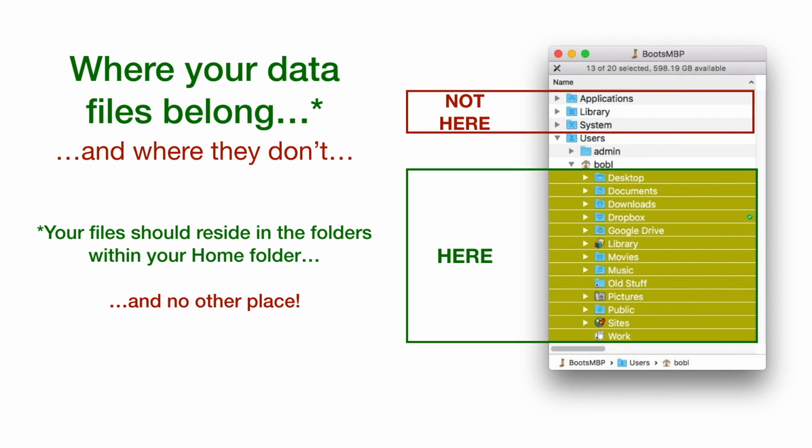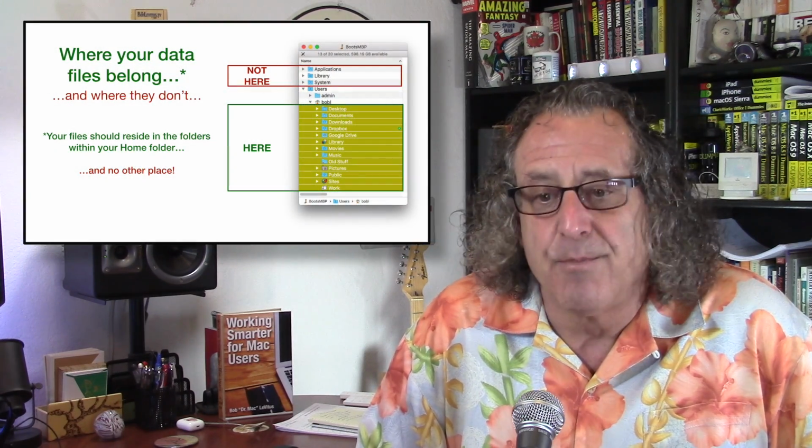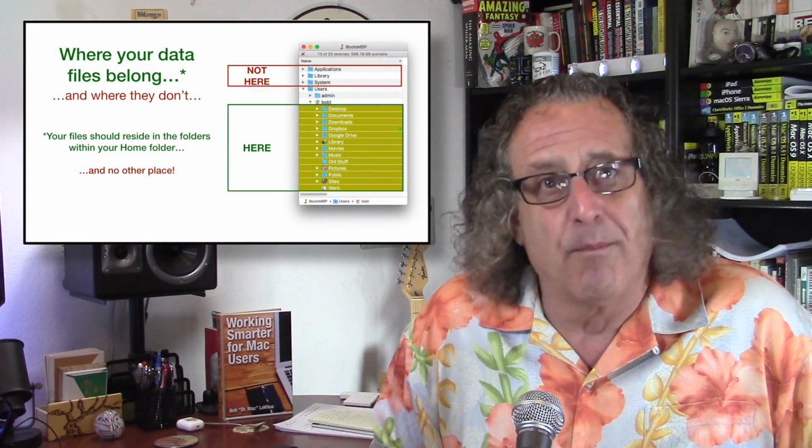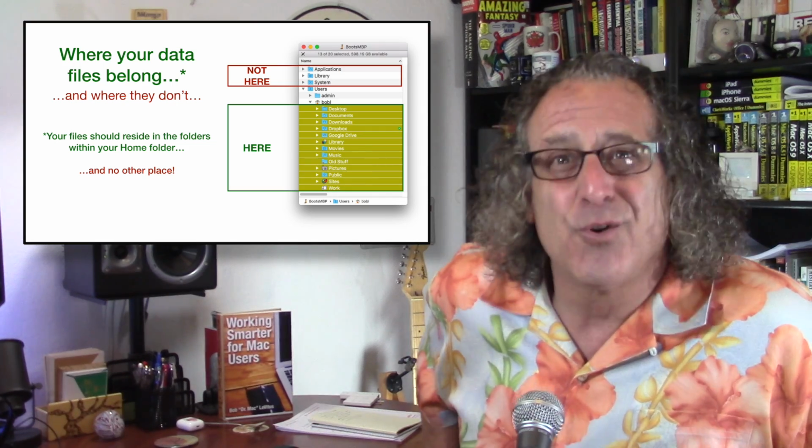Saving folders anywhere on your boot disk except in your home folder is a no-no. The exception to this rule is external storage. If you have an external hard disk, you can safely store any or all of your personal files on it. But if you only have one disk, like most people, and it's the boot disk, all of your personal files need to be inside your home folder for a bunch of reasons I'm not going to even get into now. Just trust me, you need to do that.